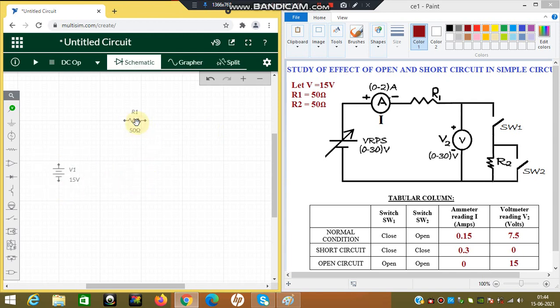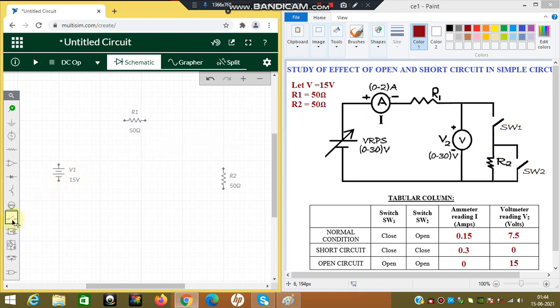Now I'll be taking a copy of resistor R1 and placing it here. Then I will use the rotate option to make it vertical. Then I need the two SPST switches.